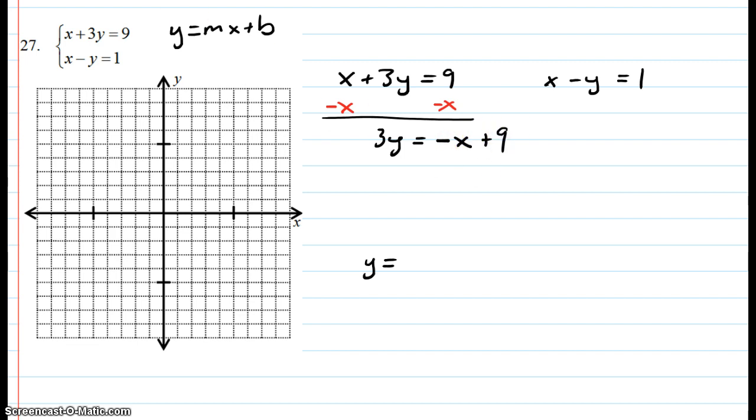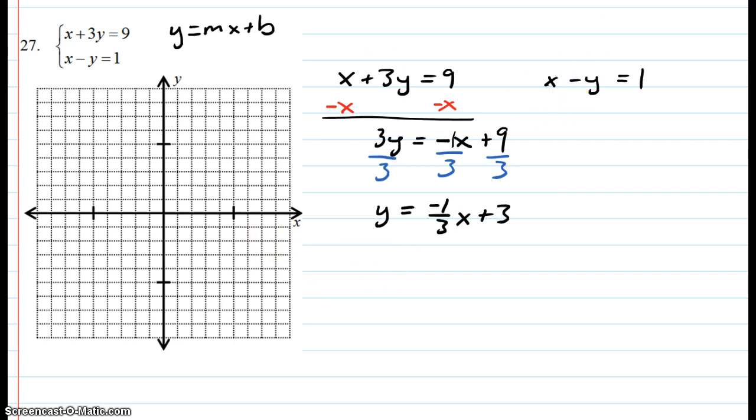And now we need to get rid of the 3, and so this says 3 times y, so the opposite of times is divide, and now here you divide everything by 3, and so this gives us y equals, so the number in front of x right now is a 1, so it's a negative 1/3 x, and 9 divided by 3 is positive 3,